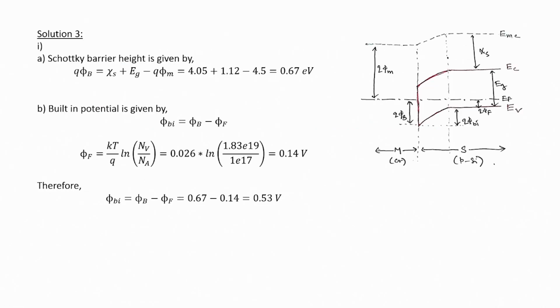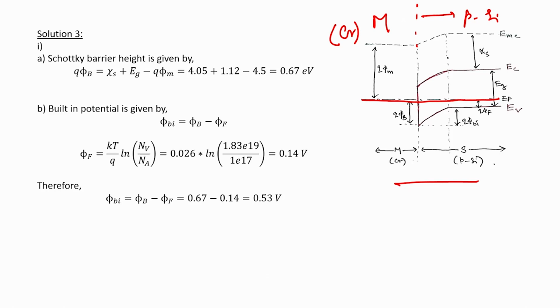So let us try to solve this for the thermal equilibrium case first. Here this is the energy band diagram when the junction is at thermal equilibrium. So here we have a metal, this side is a metal and this side is a p type silicon. This metal is nothing but chromium and this p type silicon. So at thermal equilibrium the Fermi level will be aligned, this is the Fermi level which is aligned throughout the device,